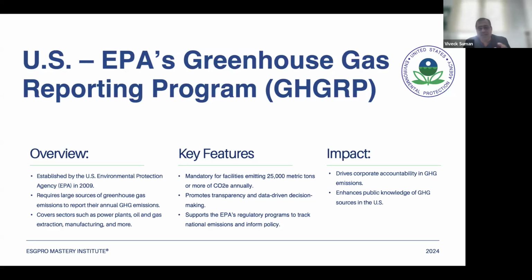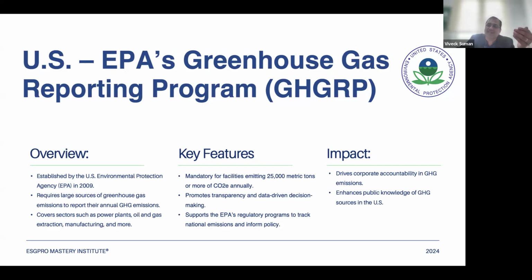In India, only the energy part you can cover through CEA factors. The rest of the part is always doubtful, so you always go to the international factor providers. Again, what is a factor and what is a provider, we will discuss later. Don't worry. The key feature of GHGRP, the Greenhouse Gas Reporting Program of the United States, is that it is mandatory for any facility emitting 25,000 metric tons of carbon dioxide equivalent. If your facility is emitting above this amount, you need to report under GHGRP. So it's a mandatory requirement, first.